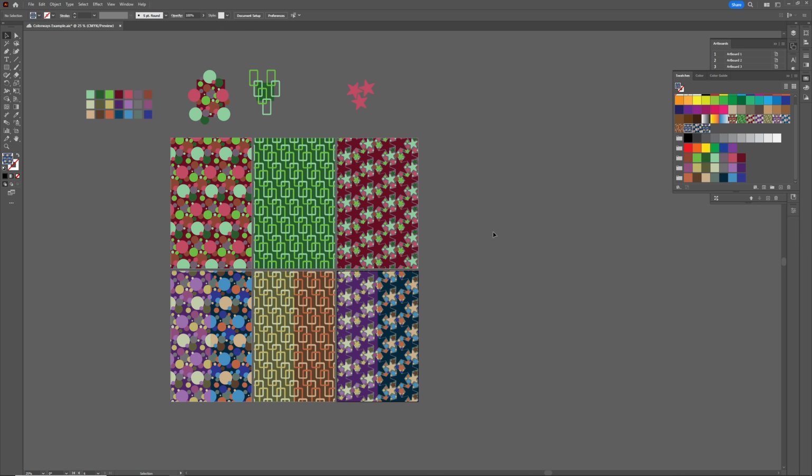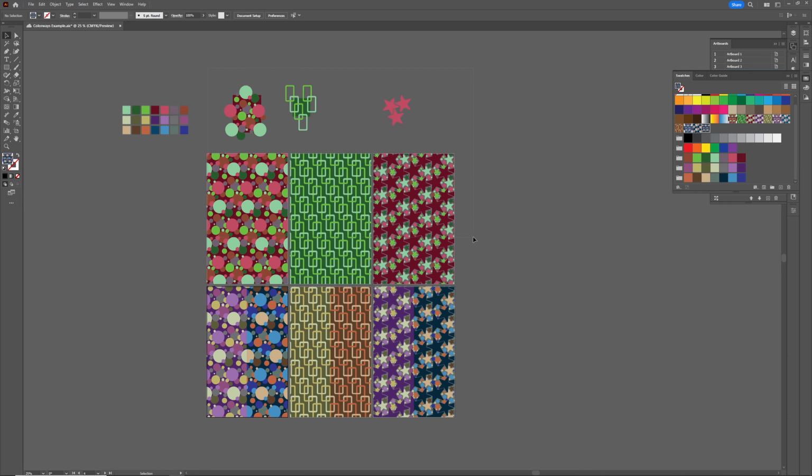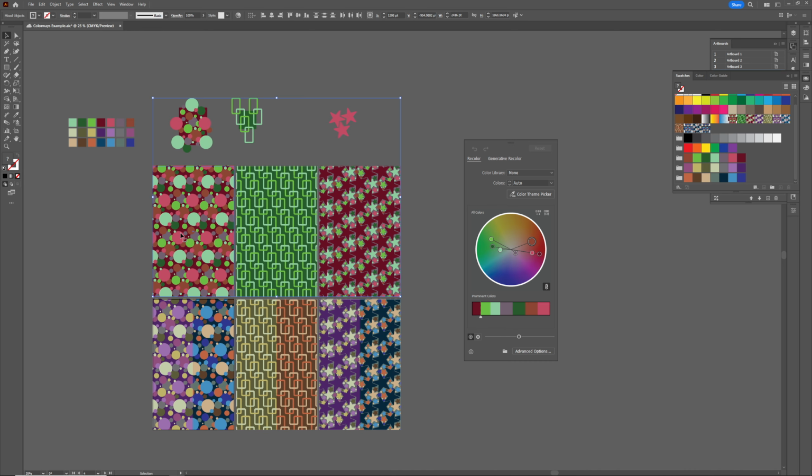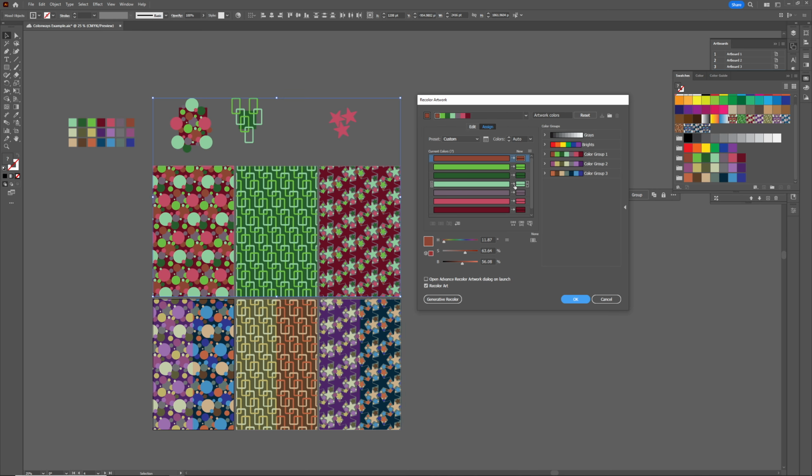So I also use this tool for color reduction. So let's choose the main colorway for variation. If we select these, and choose the Recolor Artwork Tool, let's say we want to have not lime green and mint, but just mint. We can choose advanced options, and we can click and drag the lime green to the mint on the left side. And now everything that is mint